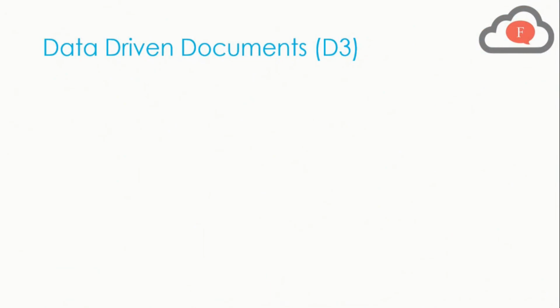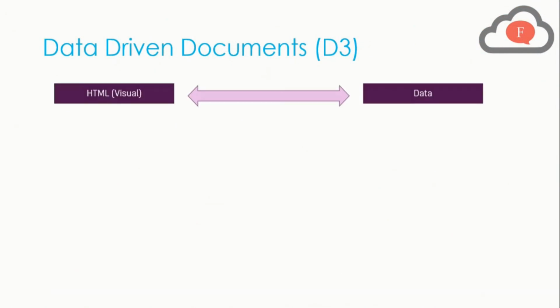Now let's go forward and talk about data-driven documents and why we require them. First of all, when we create a visual using HTML, CSS or JavaScript through data, that means you are creating certain visuals through data only. In the previous videos, in which I told you how to make a custom chart or custom visual, I told you about HTML, CSS and JavaScript, and these three components lead to the construction of a custom visual and chart.